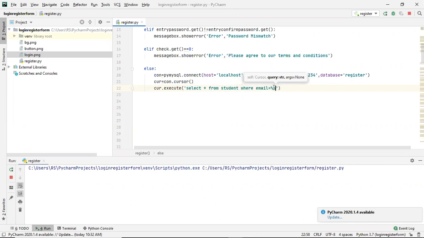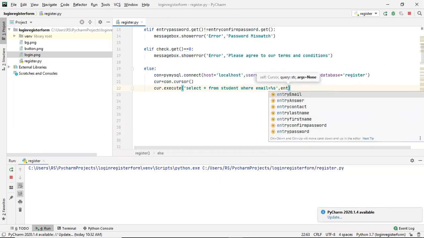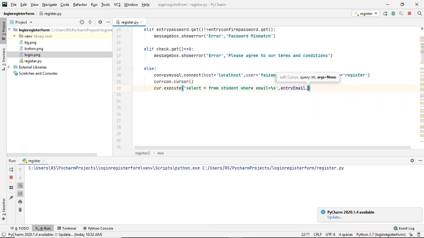So email will have this value %s. This %s is basically a formatted string, and it will be replaced with the value that I am writing just after this comma. So I'm going to write entry email dot get. Whatever you are getting from the entry email will be replaced here.